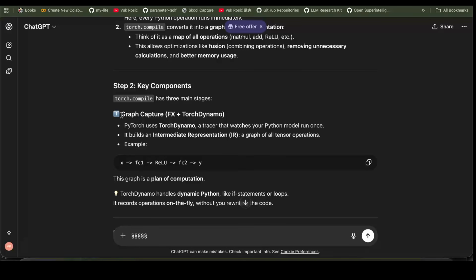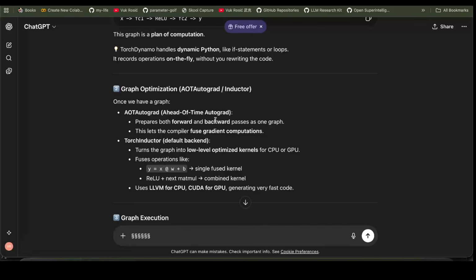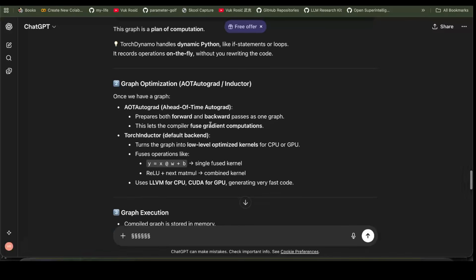The first step, it's gonna use Torch Dynamo to check all of the operations in the sequence. For example, X, fully connected, ReLU, fully connected two, and output Y. After that has been scanned, it's gonna go to fusing some gradient computation, preparing both forward and backward pass